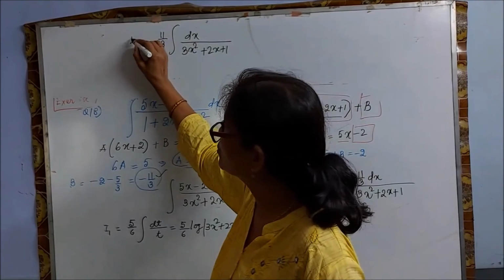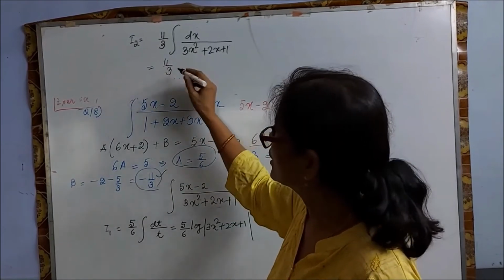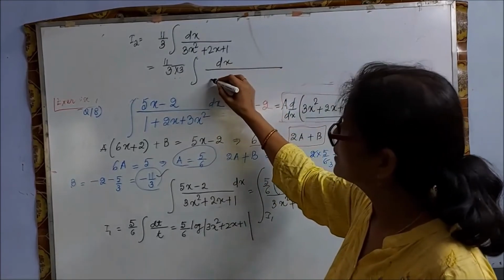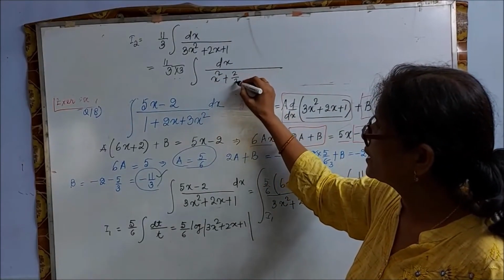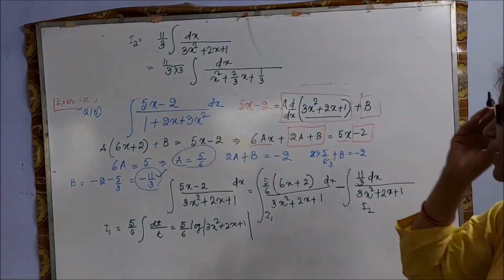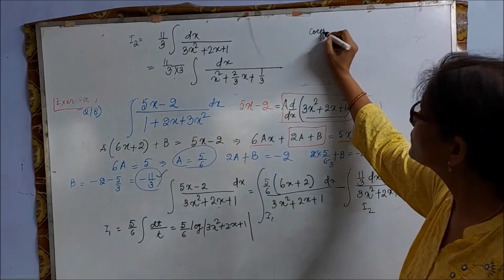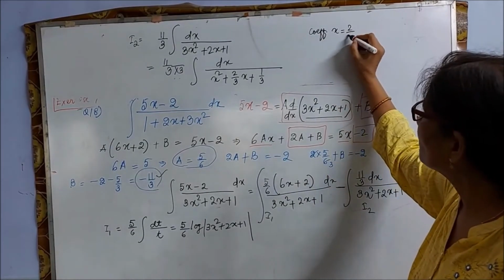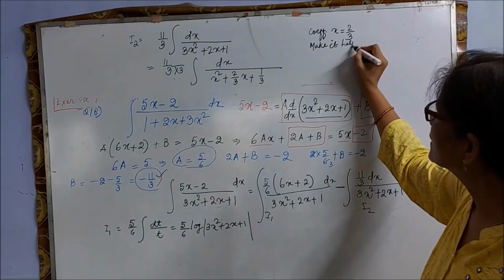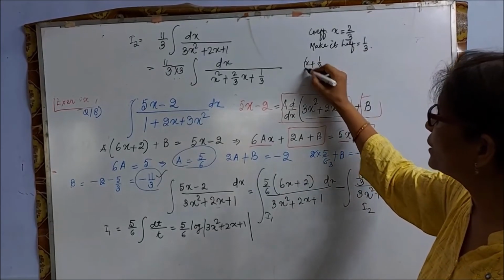I am now doing I2, integral 2. So it will be 11 by 3. I will take the 3 outside, that means I will make the x square linear. So it will be how much? X square plus 2 by 3x plus 1 by 3. Now the same concept I will apply. To make a whole square, I will take the coefficient of x. Coefficient of x is 2 by 3. Make it half. How much is it? It is 1 by 3. Then this will be made into x plus 1 by 3 whole square.